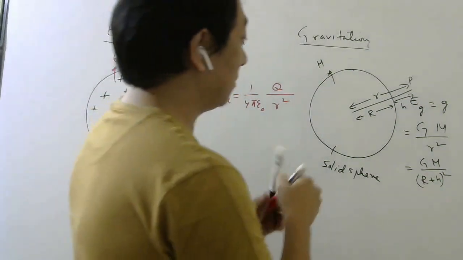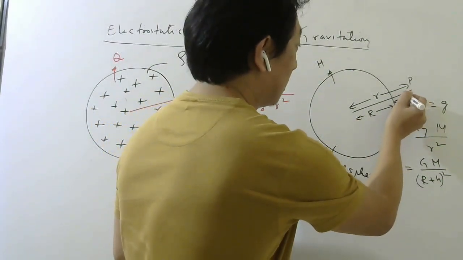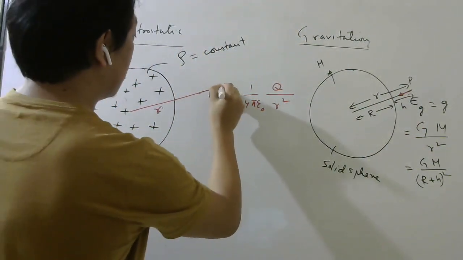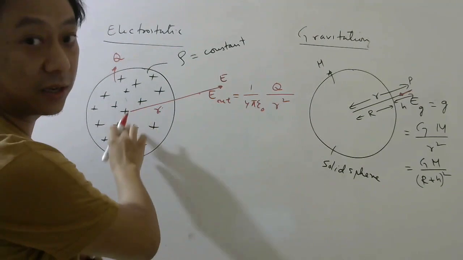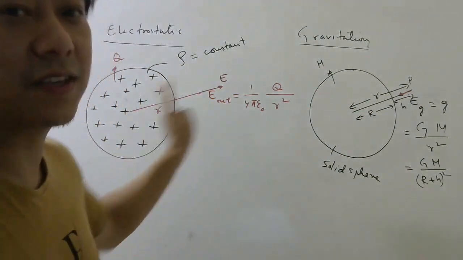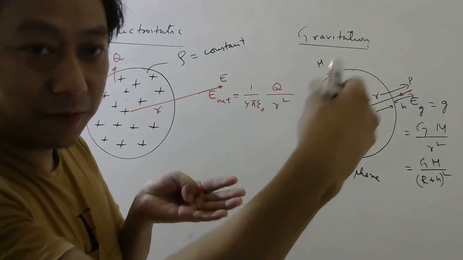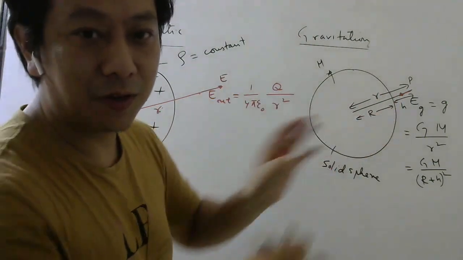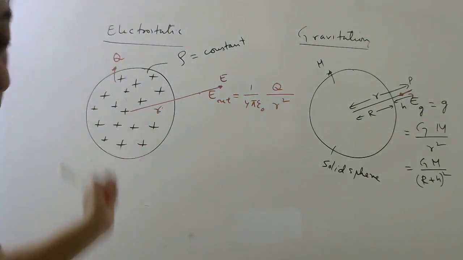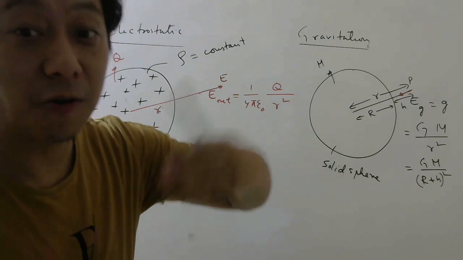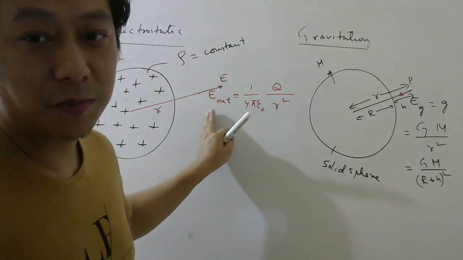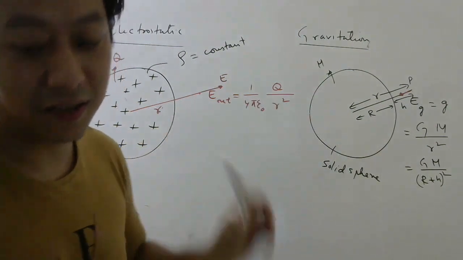And here the direction will always be towards the center, because there it was radially outwards if it is a positive charge; negative charge means towards the center. So basically you should consider mass as negative charge, because negative charge will have field towards the center, and we know gravity is always towards the center. Okay, so for the hollow sphere and the solid sphere also, outside the field formula is the same. It is inversely proportional to the distance square from the center.